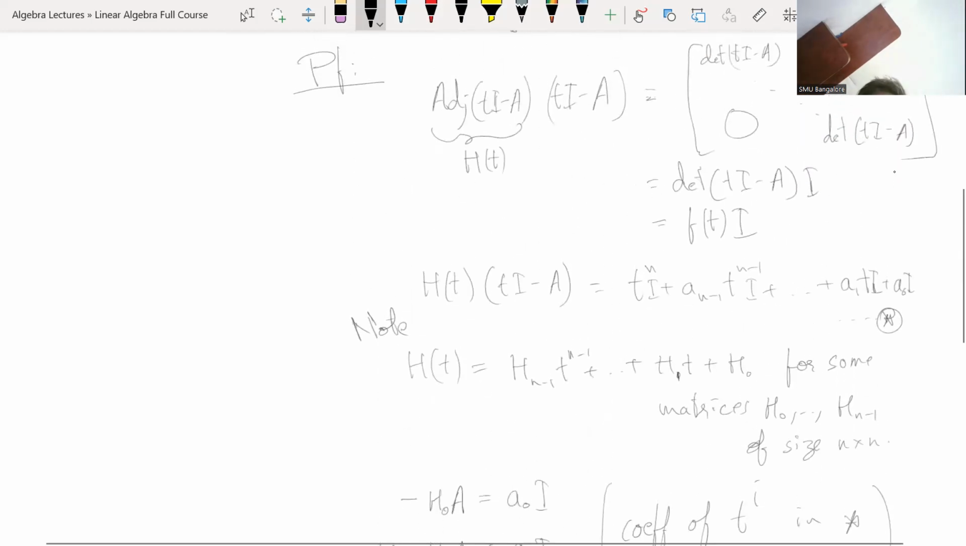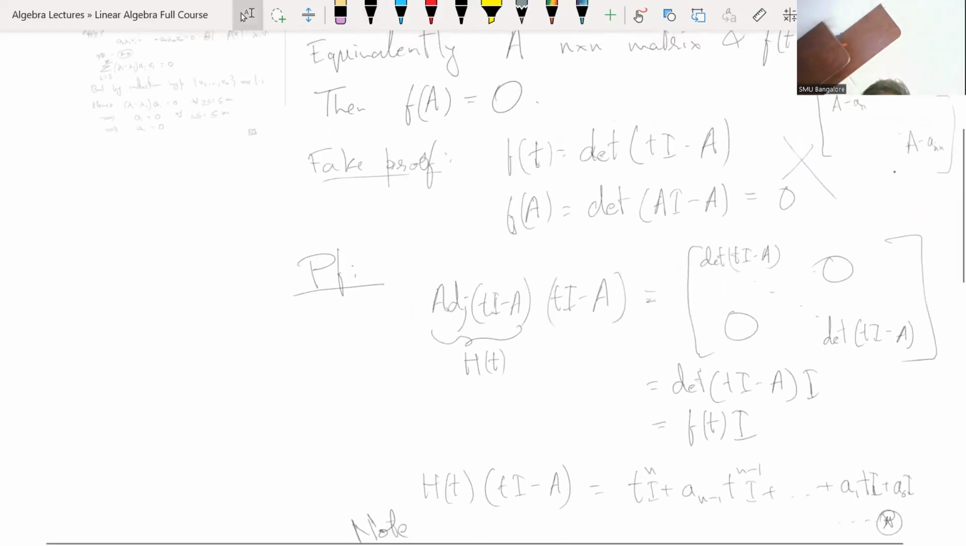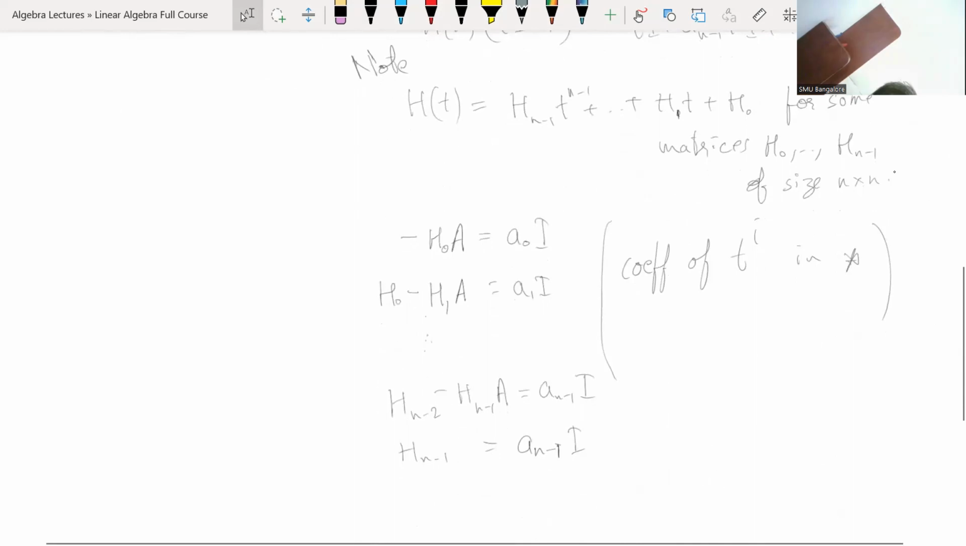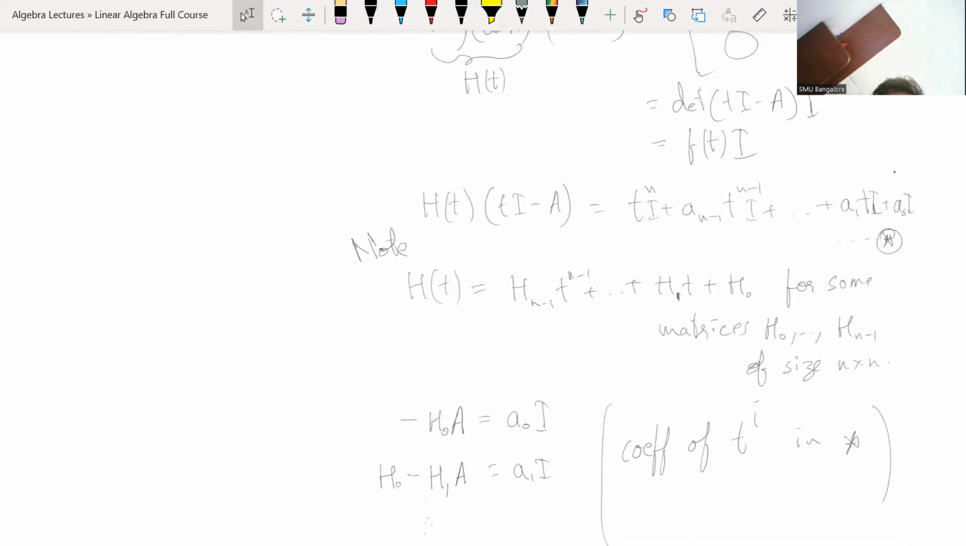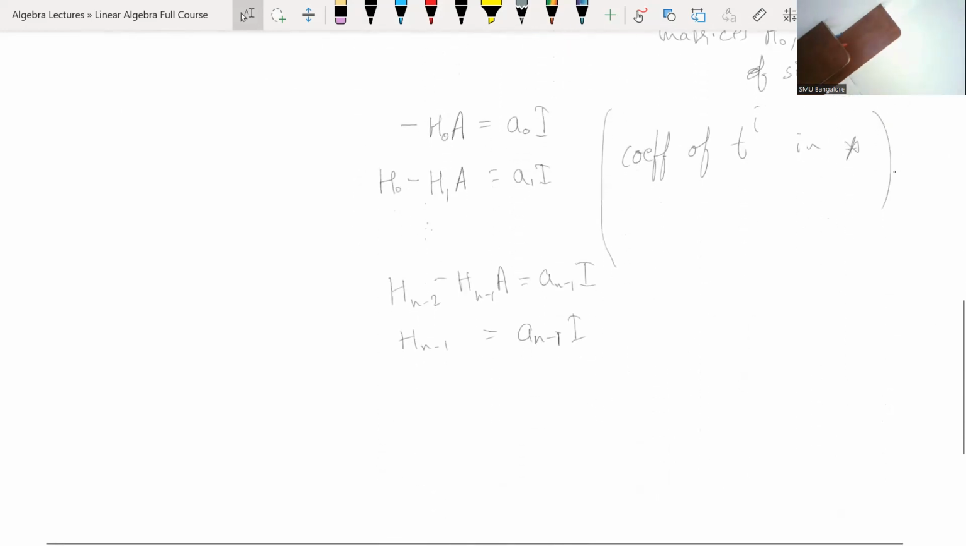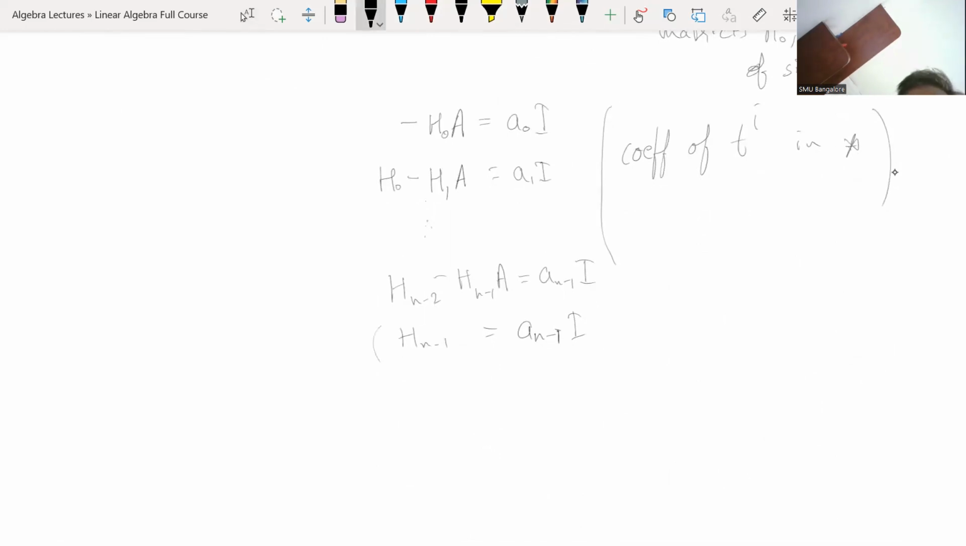So remember, what do we have to prove? We have to prove that if we plug in A here in f, then we get the zero operator. That means we want to prove that A power n plus a n minus 1 A power n minus 1, and so on, plus a1 A plus a0 is the zero matrix. So what do we do? We multiply this one by